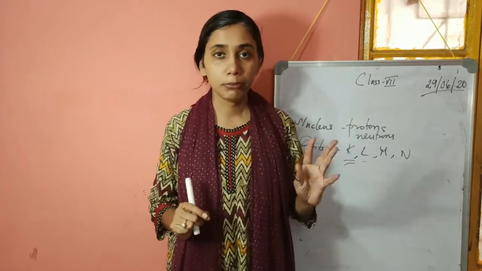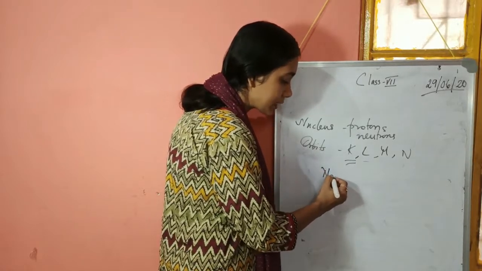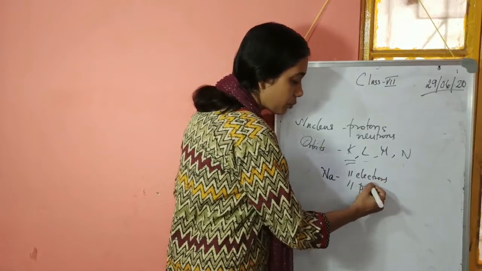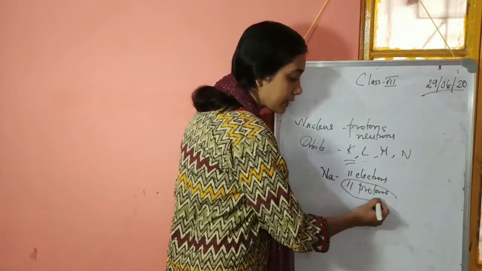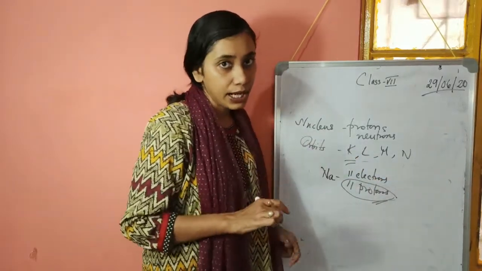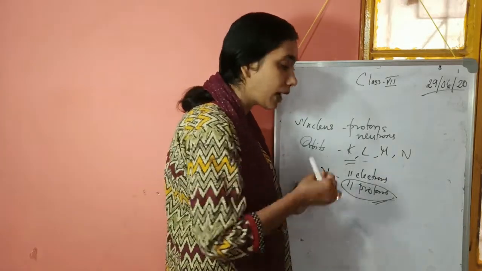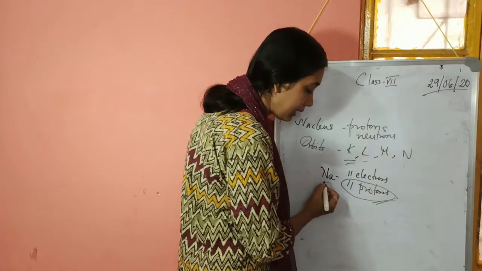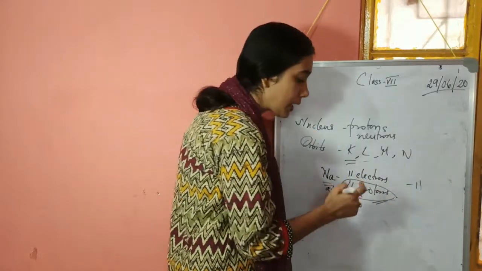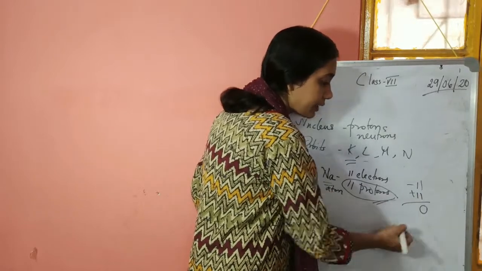An atom is neutral when the number of electrons and protons are the same. Suppose for example I take sodium. The sodium symbol is Na. Sodium has 11 electrons and 11 protons. Protons are always fixed, they are constant. You cannot change them. But electrons can be taken out or added. Sodium always donates an electron. Generally in a sodium atom, 11 electrons means minus 11, each electron minus 1, and 11 protons, each proton plus 1, so plus 11. So plus 11 minus 11, net charge 0.